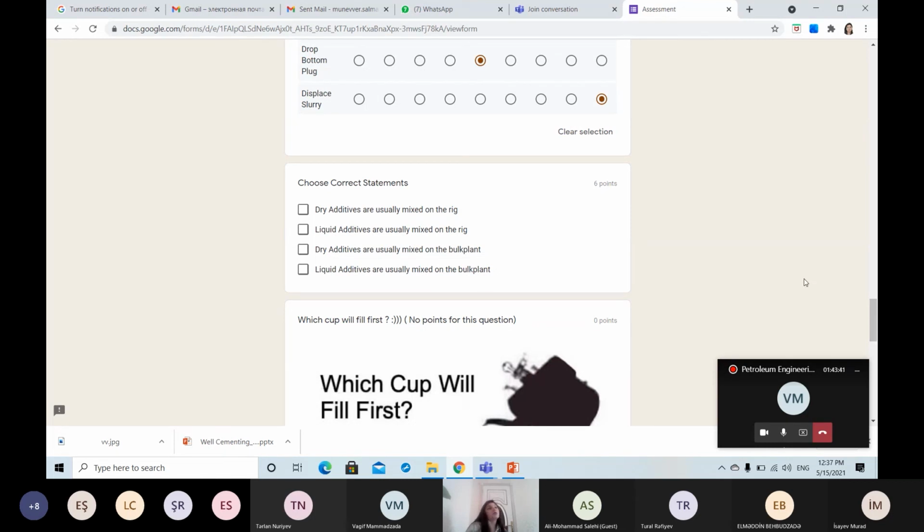For dry chemicals, you have one-ton sacks, so you get 20 big sacks, 20 tons. How will you deliver it before? How will you cut and mix on the rig? It's not possible usually. You need to have very big silos. That's why dry additives will be on the bulk plant, and liquid additives are preferred to be mixed on the rig,